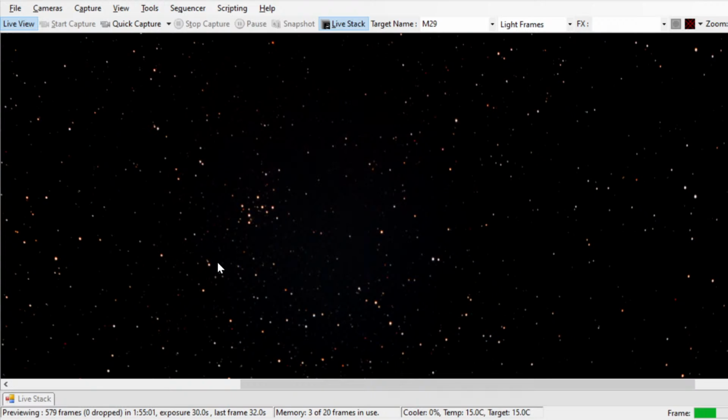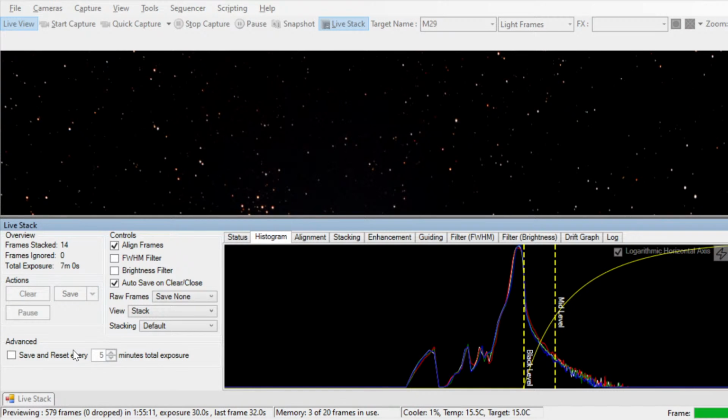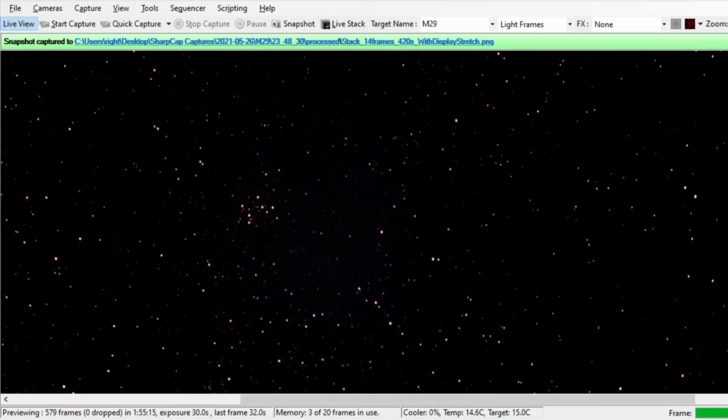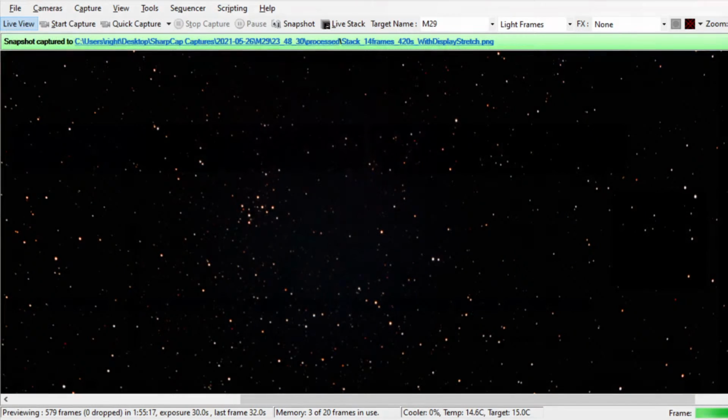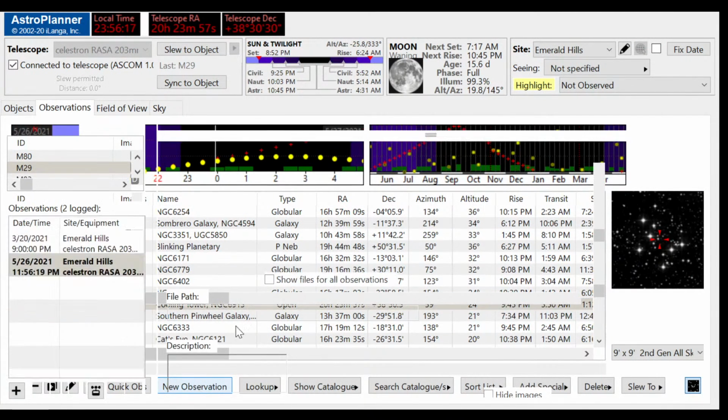Okay, so this is our M29 view. We'll do a save of that, and that's M29, and we'll do a new observation and say,